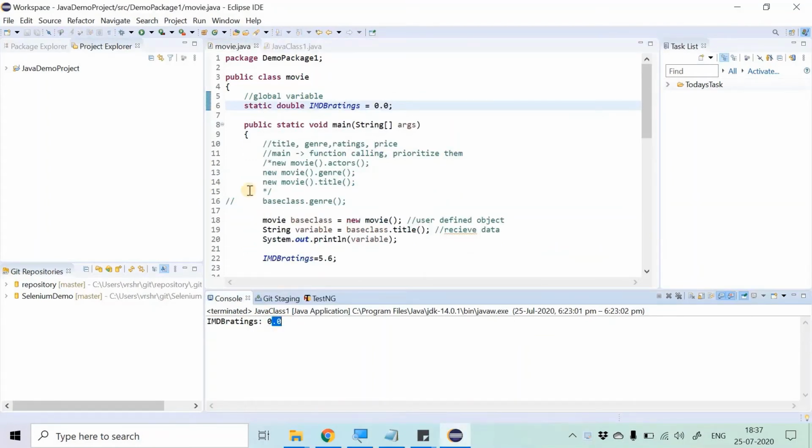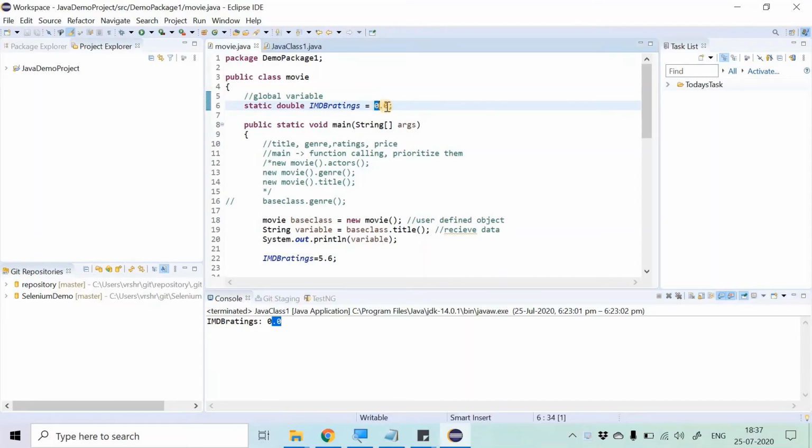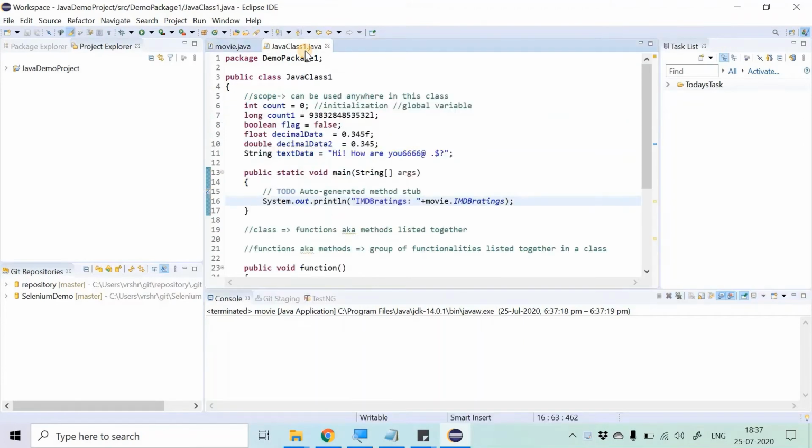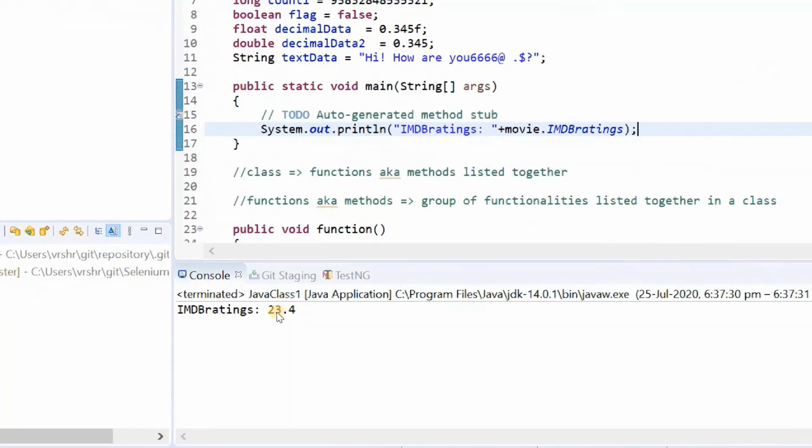As you can see over here, the value matches the value that we have given for initialization. If I change this value to 23.5 and just save it, and then just come back to Java class and rerun this class, then I'm able to get the IMDb ratings as 23.5.